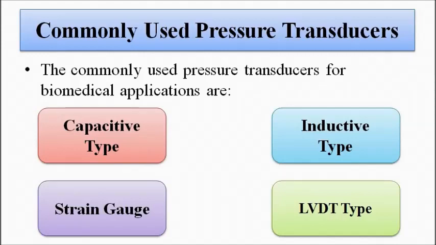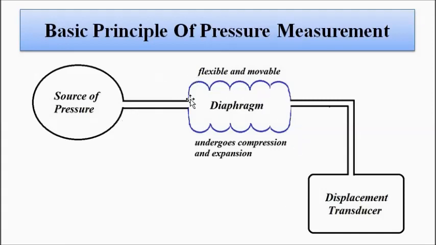So the basic operating principle when it comes to measurement of pressure, we know that it involves the use of a primary sensing element which acts as a link between the source of pressure and the secondary transducer, which is a displacement transducer. So here we are using a displacement transducer as a secondary sensing element to convert the fluctuations of pressure into linear or rotational movement, and that movement is converted into a suitable electrical signal, voltage or current. So here the displacement transducer which we are going to use is LVDT.